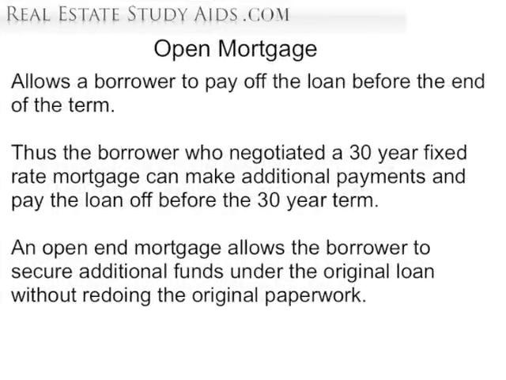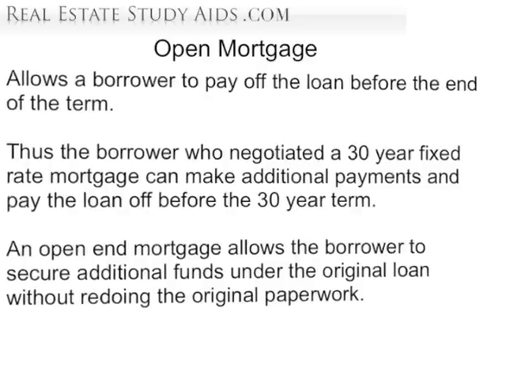An open mortgage allows a borrower to pay off the loan before the end of the term. Thus, the borrower who negotiated a 30-year fixed-rate mortgage can make additional payments and pay the loan off before the 30-year term. An open-end mortgage allows the borrower to secure additional funds under the original loan without redoing the original